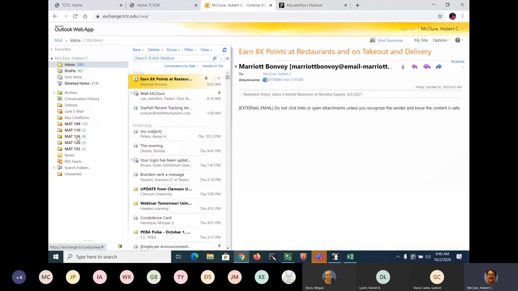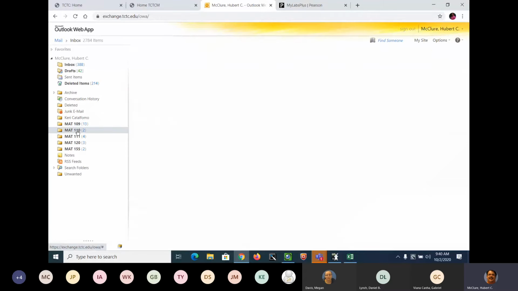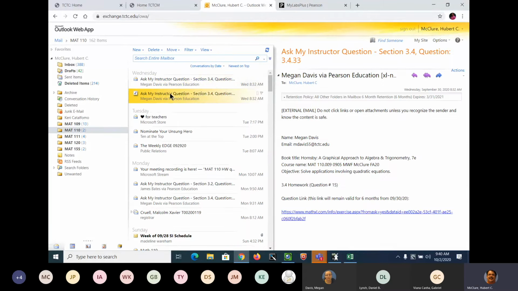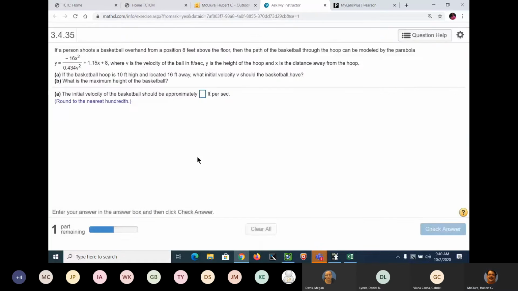And 120 or 110, I think I just finished that one, which was this one. Now I'm going to do this one. This is 3.435/17. Okay, this one's not bad. If a person shoots a basketball overhand from a position of 8 feet above the floor, then the path of the basketball through the hoop can be modeled by the parabola